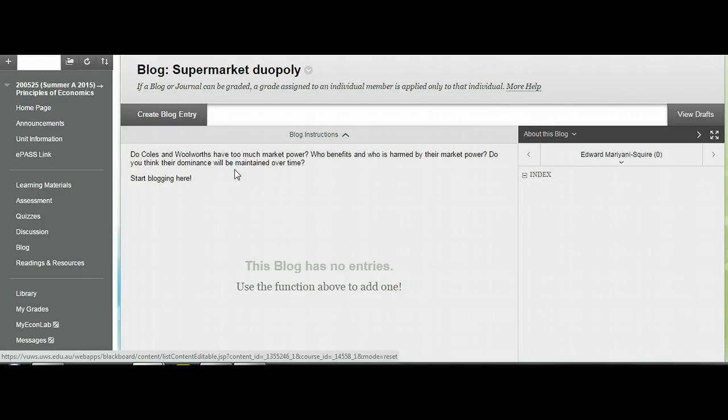I am not going to tell you what you should do. I'll just give an example of something you might do. You might start off by thinking about creating an entry on the fundamental concepts involved here. So for example, you might have an entry where you provide a definition of market power,